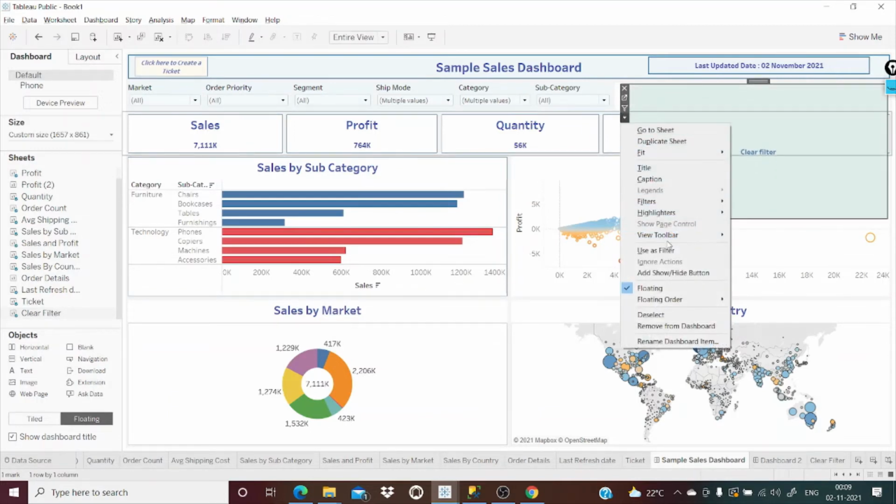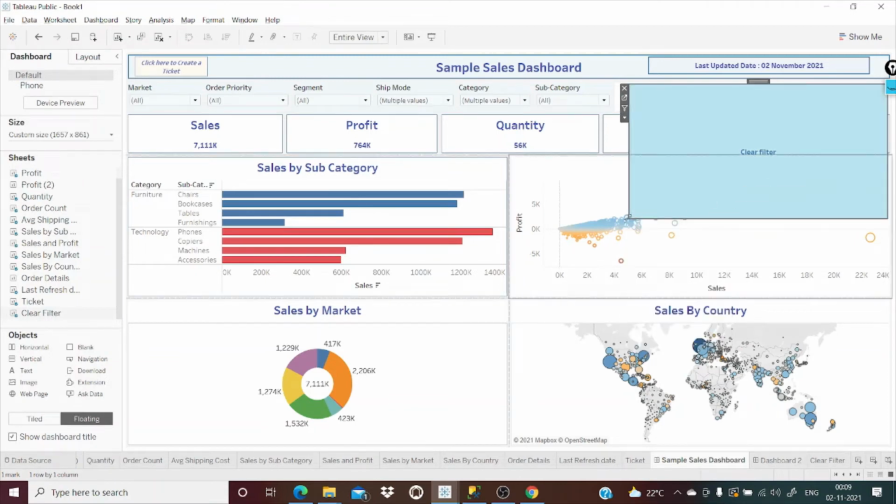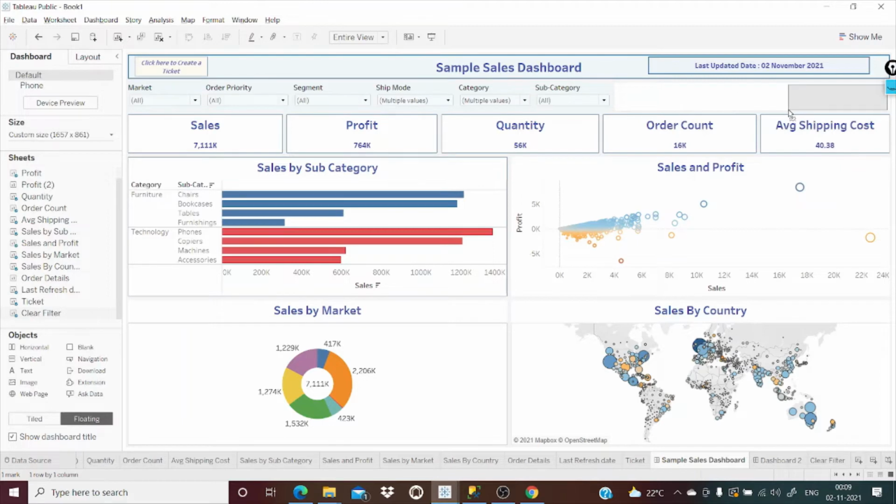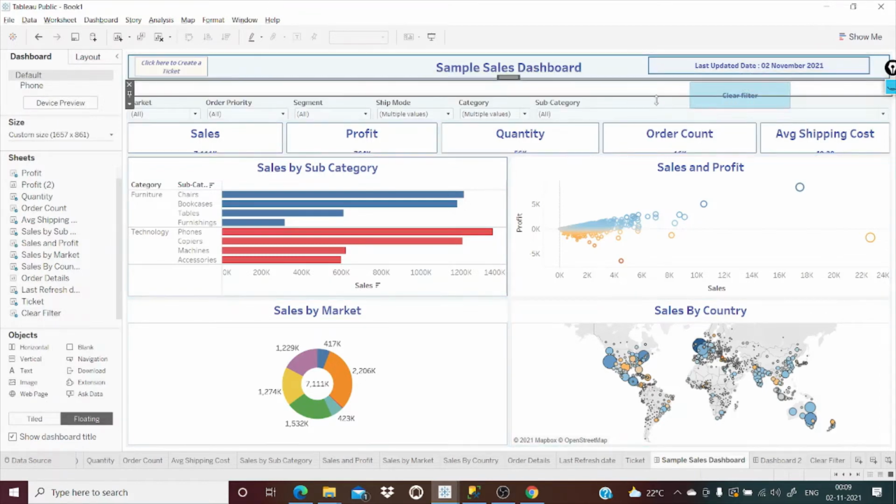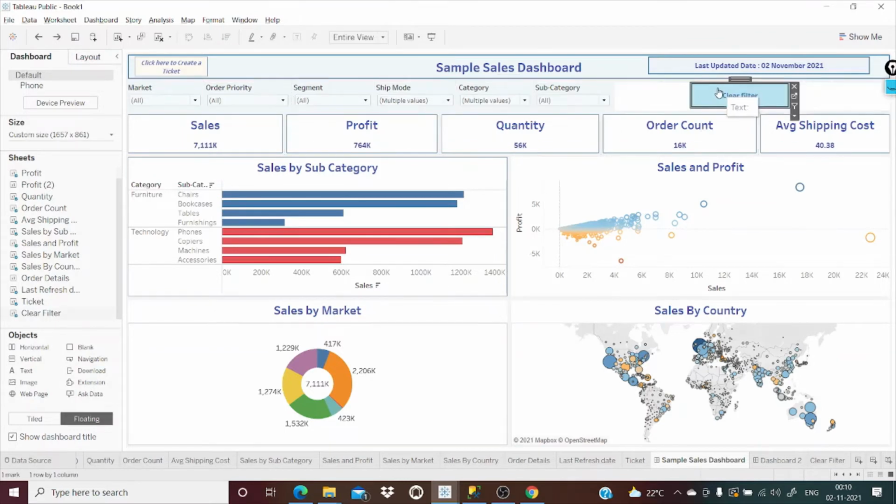One title and then resize. Now when the user clicks on this clear filter, it should remove all the filters the user has applied. Nothing is happening because we have not created any actions on top of this sheet.